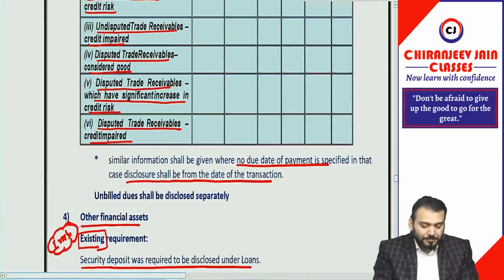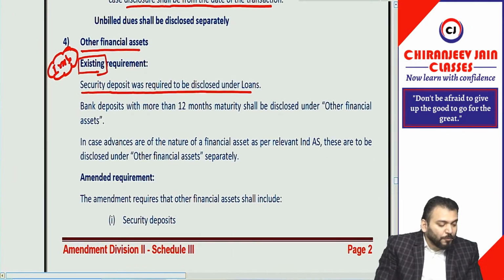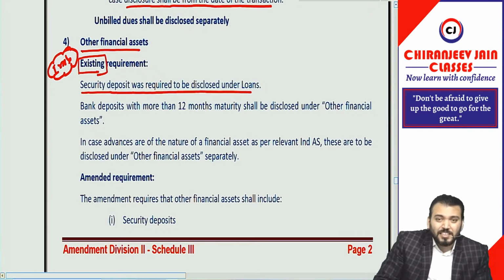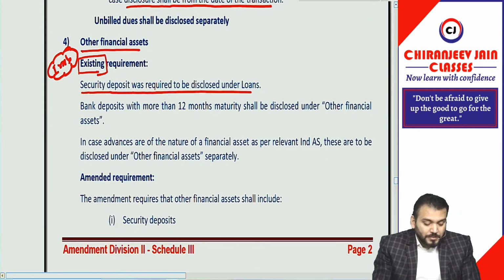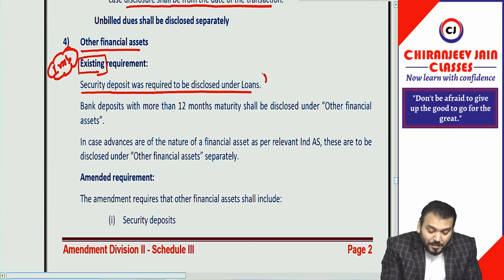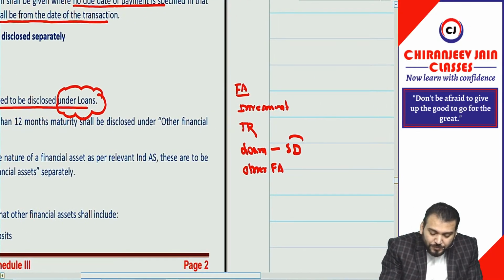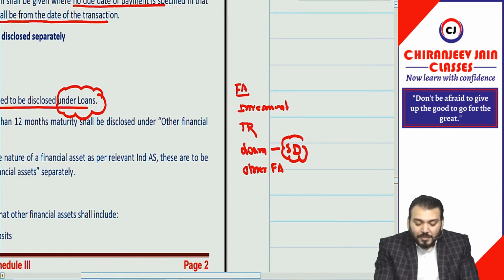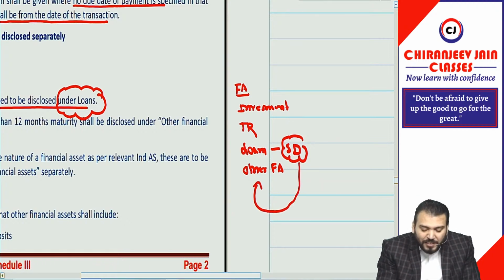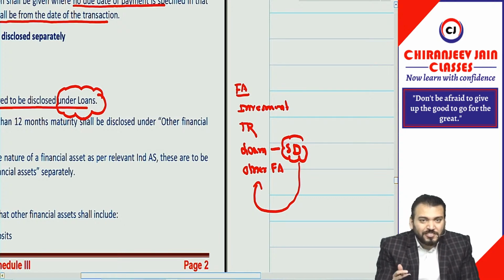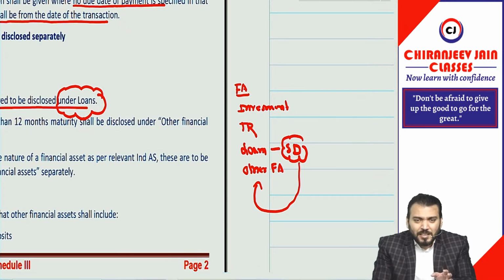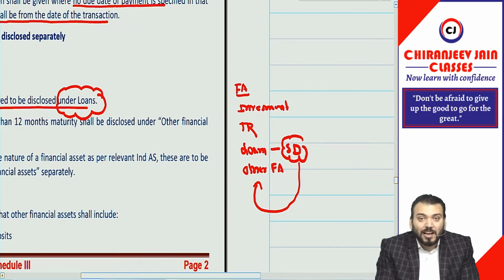Yes sir. Then coming to point number 4, just try to understand what they want to say. As per the previous requirement, the security deposit was required to be disclosed under loan. Means we used to disclose security deposit under loan, but now as per the amendment, this security deposit will be shown under other financial asset. Why? Because a security deposit is actually not a loan. So there was some doubt in the industry about why deposits are shown in loan. So one amendment has come that now security deposit will be shown under other financial